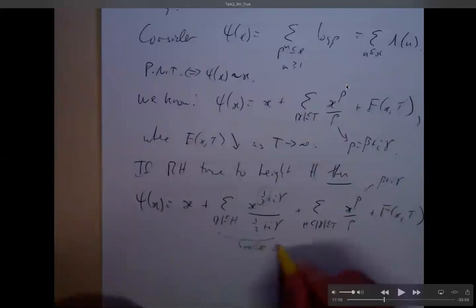So if I know nothing about the real parts of the zeros and I want to bound this, I could use the absolute value, say. If I'm bounding this, that's x to the beta, the real part. And beta could be 0.999 for all I know. But here, what have I done? In this piece of the sum, I know the real part's 1/2, much, much smaller than what it could be in this part of the sum. So by splitting it up into 2 pieces, I'm making a huge saving in this part here.